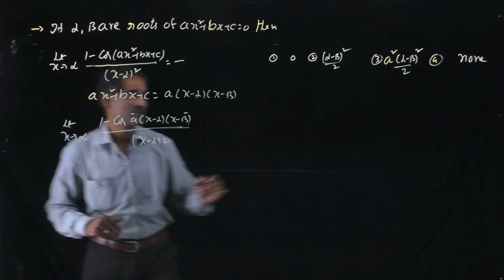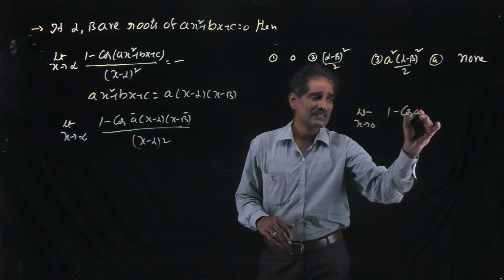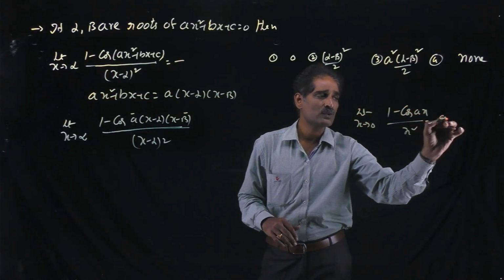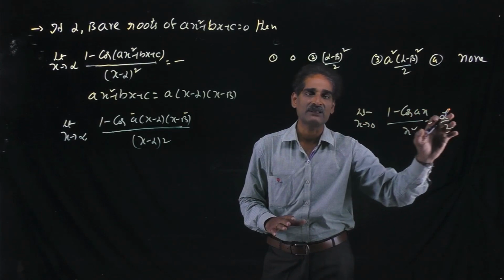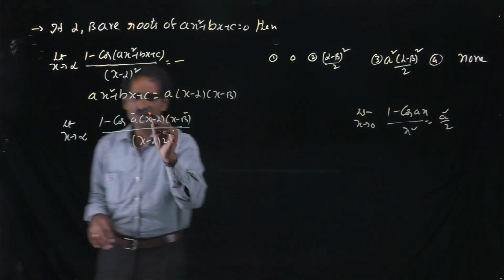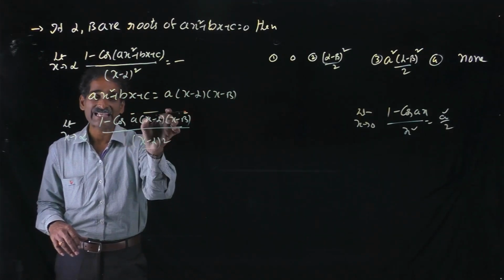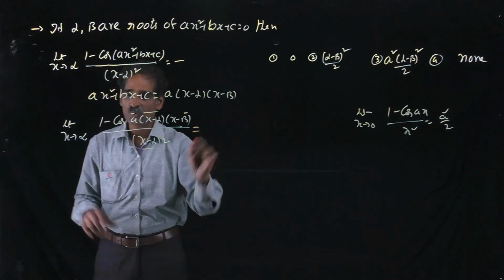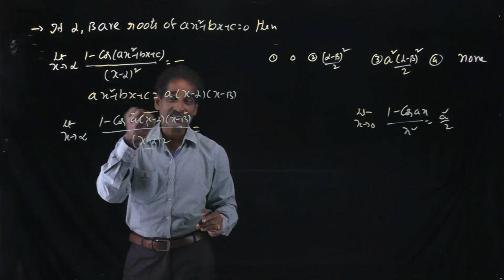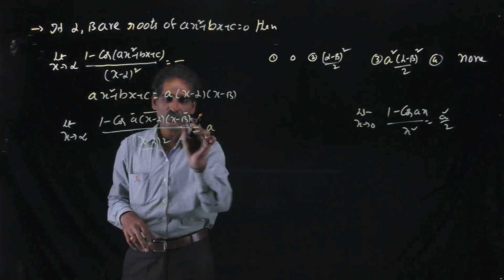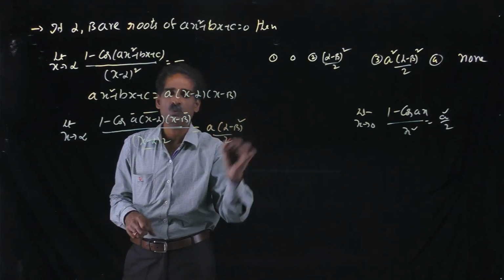We have a formula for limit x tends to 0, 1 minus cos ax by x square is equal to a square by 2. As x tends to 0, a into x by x square, then only a square by 2. Now observe that this is the variable, this is the variable. This is in the form of a constant. 1 minus cos kx by x square is equal to, as x tends to alpha, this is a constant term, this is a constant term. Constant square by 2, that means a into this whole square, at x tends to alpha, that means alpha minus beta whole square by 2.